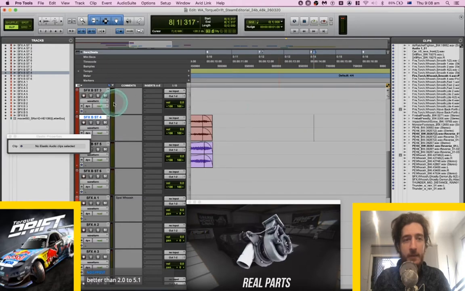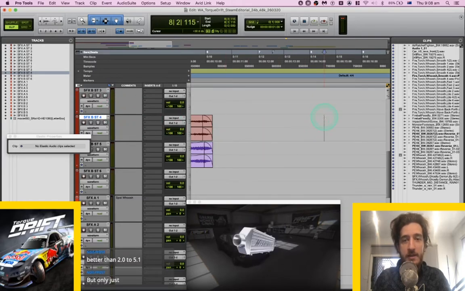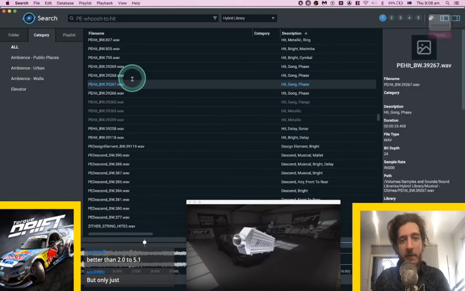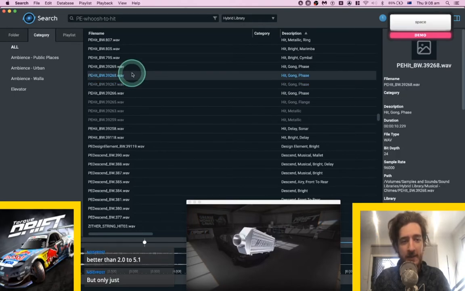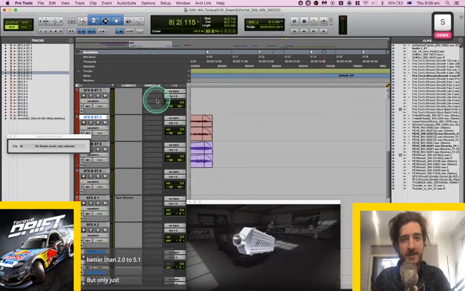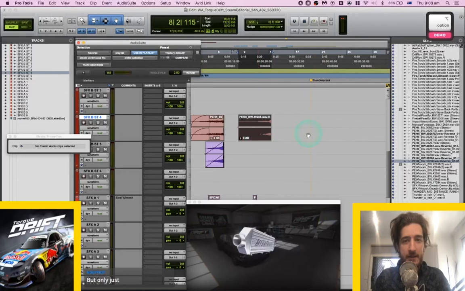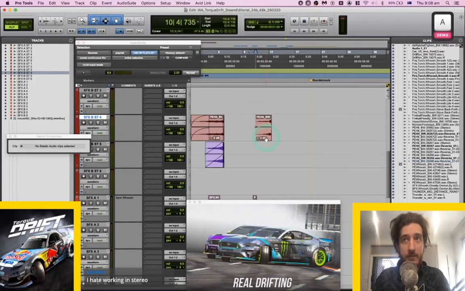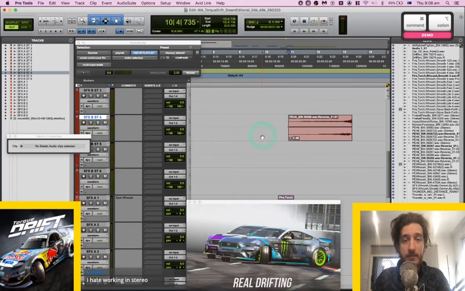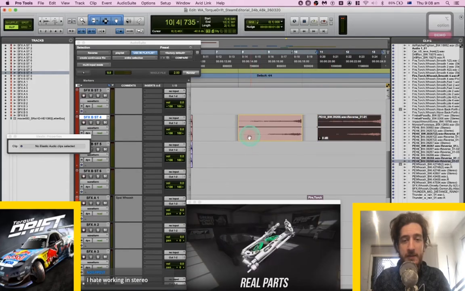Yeah, going to 5.1 is, yeah. I don't know, for me binaural is still what blows my mind. Every time I hear binaural, I'm just like, this is so cool. Why do you hate working in stereo? What's wrong with stereo?